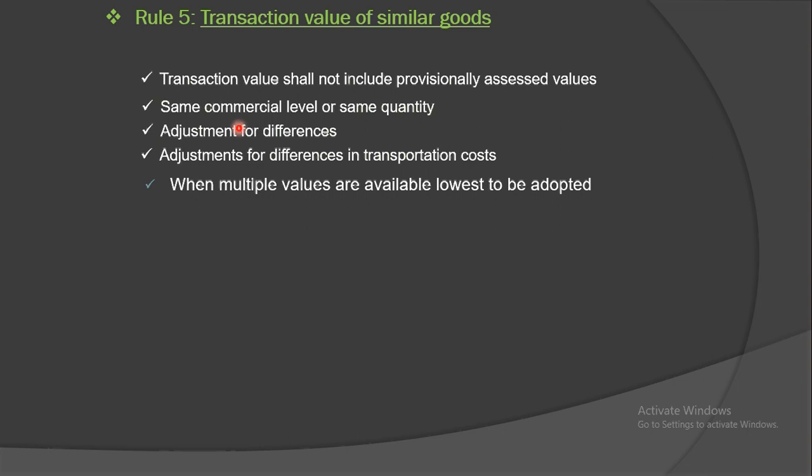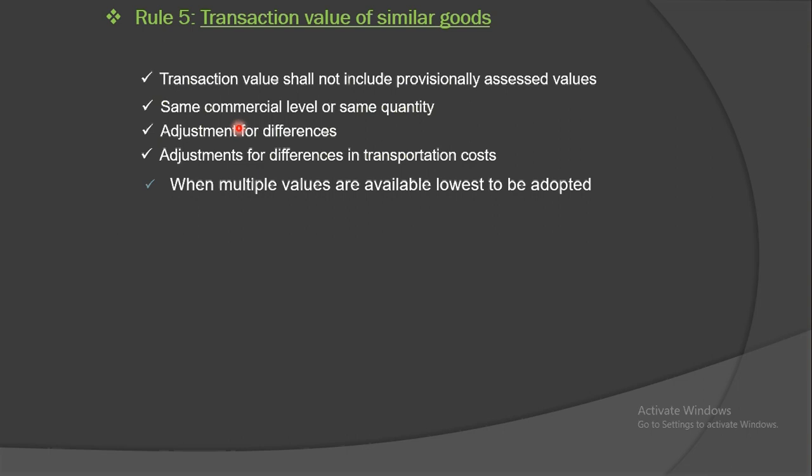What do these lines mean? What is the meaning of similar goods? Basically, you can take the example of Maggi and Yippee. Both are noodles, but both are from different manufacturers. Maggi is manufactured by Nestle and Yippee is manufactured by ITC. But the characteristics and the purpose of both products are similar. So we can say that Maggi and Yippee are similar goods.